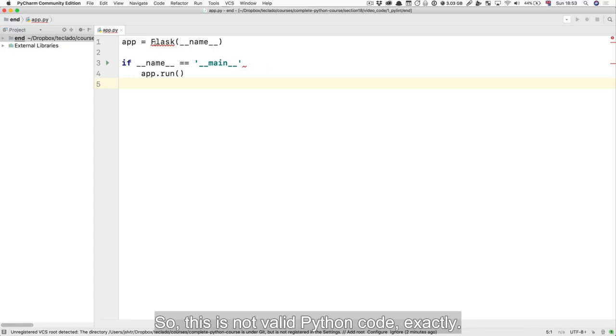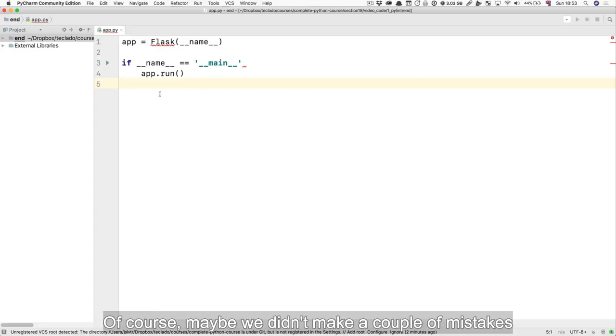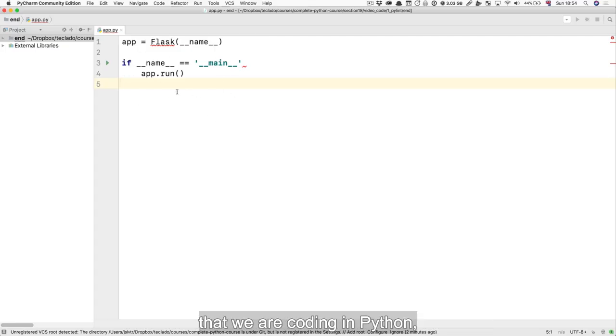So this is not valid Python code exactly, but PyCharm realizes that we probably wanted to write Python code because our file ends in .py. And therefore, instead of just saying, this is complete gibberish, it says you may have made a couple of mistakes. Of course, maybe we didn't make a couple of mistakes, and maybe this is another programming language that is very similar to Python that isn't actually Python, and this would be fine. But under the assumption that we are coding in Python, this has a couple of problems in it,